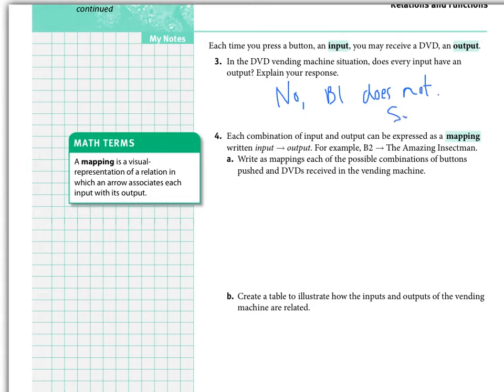And you can put sold out if you want to. That's an O. Sold out. So,